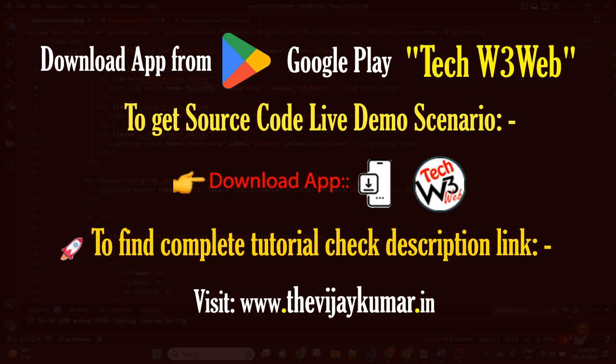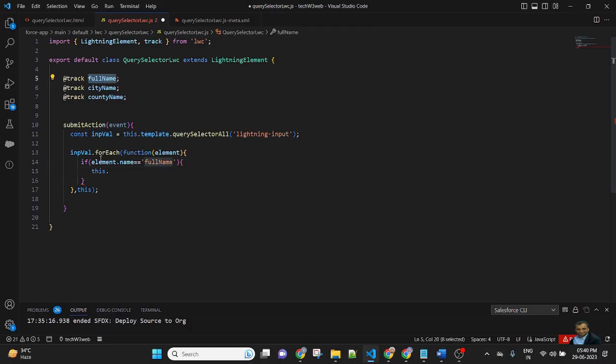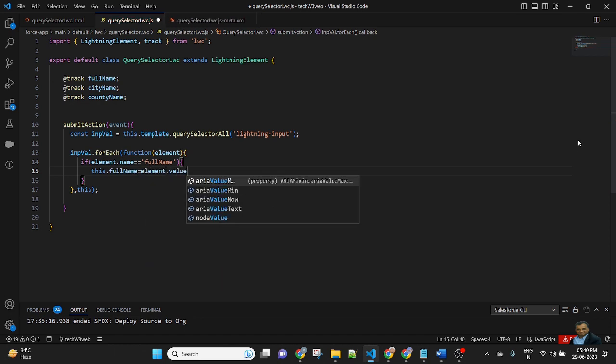So I will check the condition: if element.name double equal to fullName, then this.fullName track variable equals element.value. So this.fullName equals element.value.